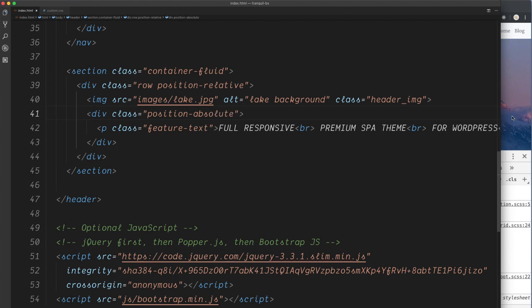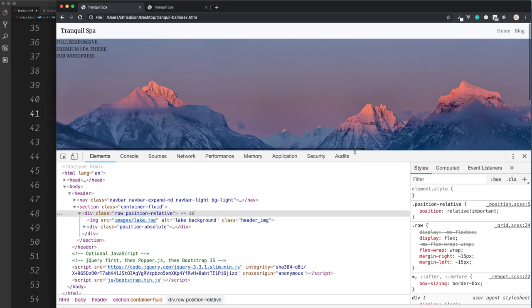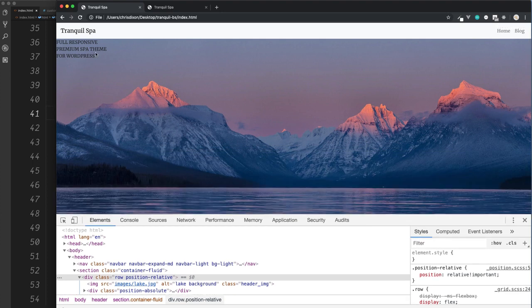This should now move the text, if we reload the browser, over the top of the image. Setting the text to be a position of absolute will take the text out the normal flow of the web page. It then positions itself to the closest relative container, which is our row. The next stage is to center this text in the middle of the